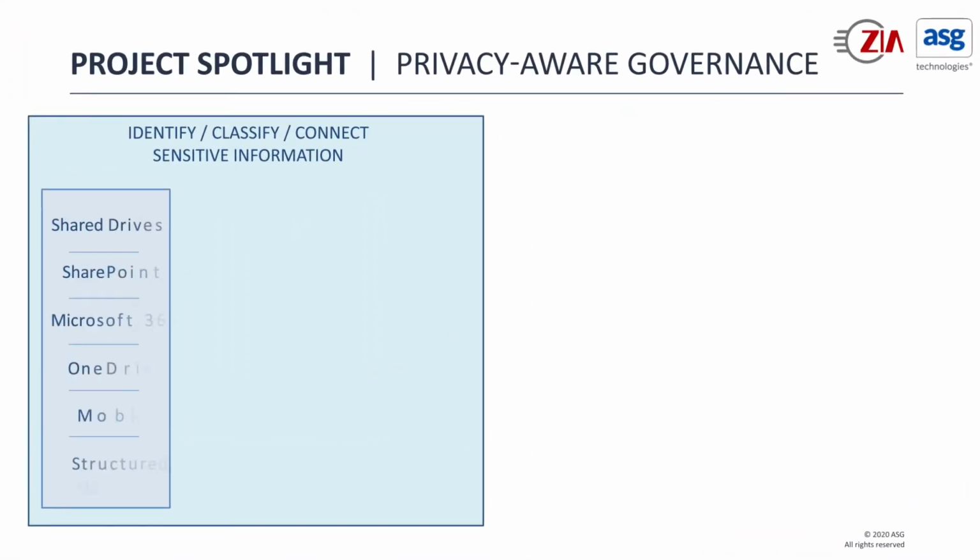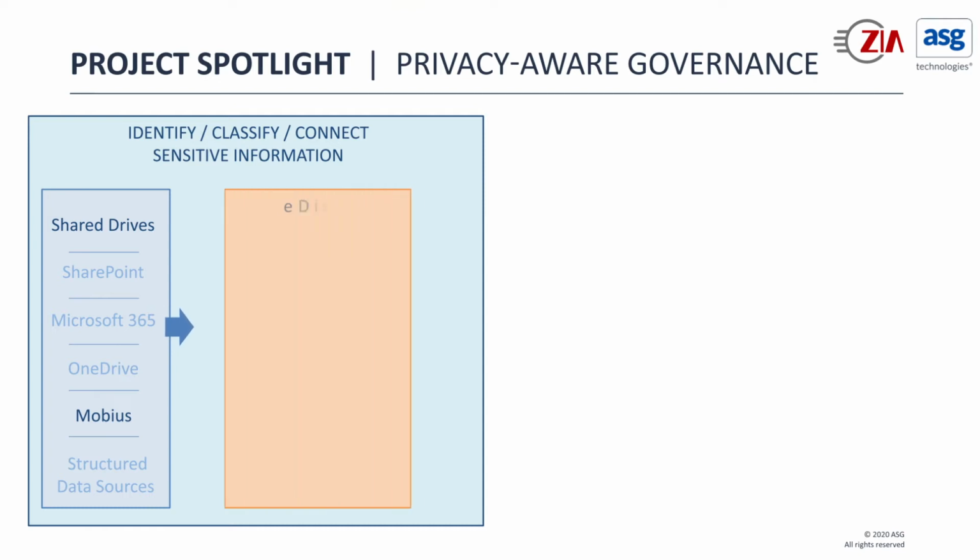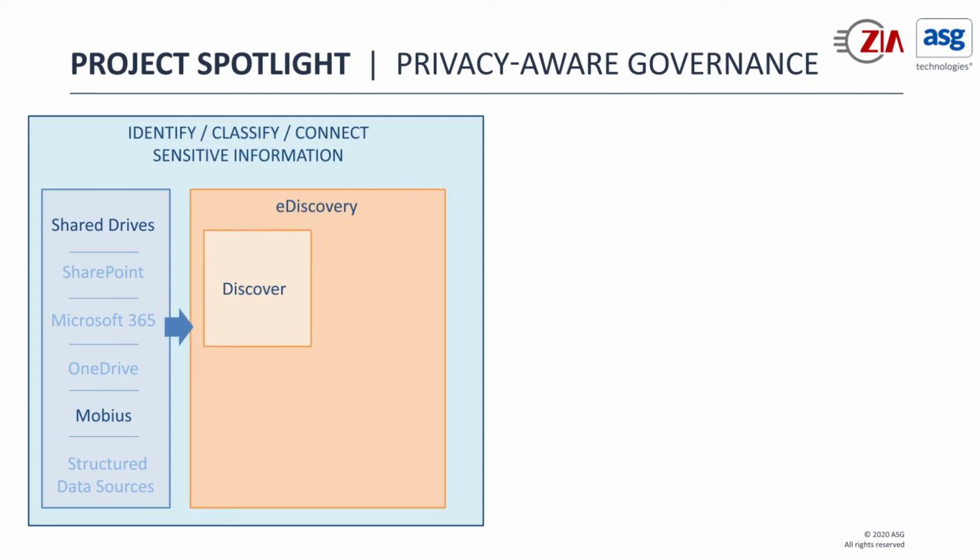For these particular projects, the focus was essentially around shared drives and also the content repository that they had in place with Mobius. On identifying this information, we're able to perform e-discovery here. And on the discovery side, it's first being able to scan through all the documents and records, let's say, that are on shared drives, identifying sensitive information, and doing this in a way that it's not just tied to regular expressions, but there's in-depth algorithms that are applied here, and also being able to look at this from a machine learning aspect so that we get smarter and smarter as we go through this